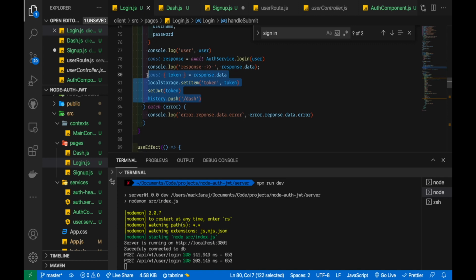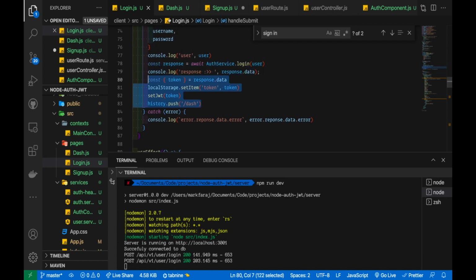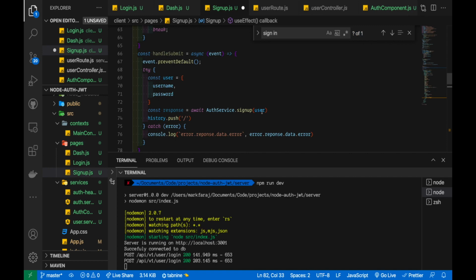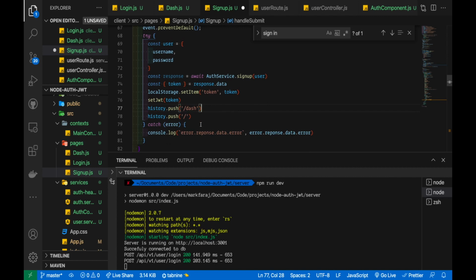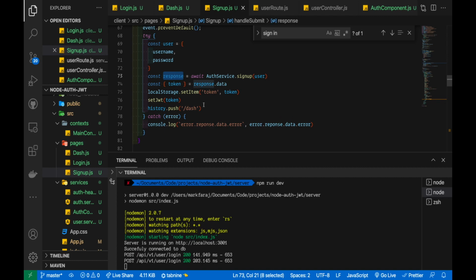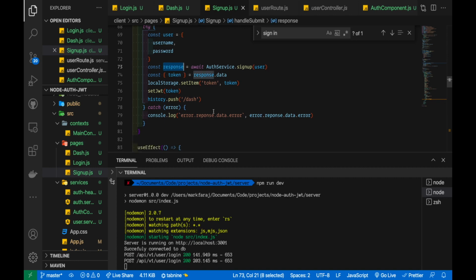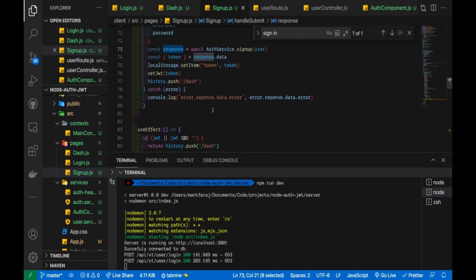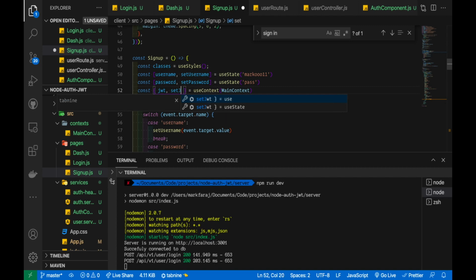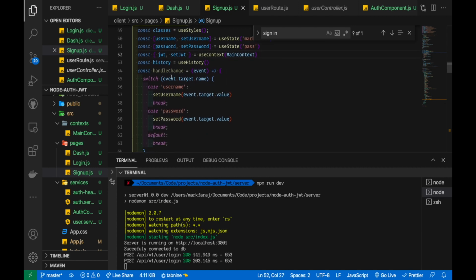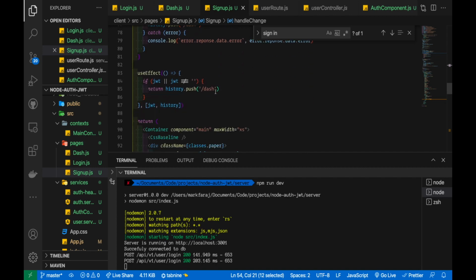All right. Let's see. I'm going to do all this. We're going to go back to sign up. Response, token. Send them to the dash. So immediately when they sign up, they should go to the dashboard, set a token, put it in the, then I need that JWT set as well. All right. Sounds good. And last but not least, we wanted to add those handle change to